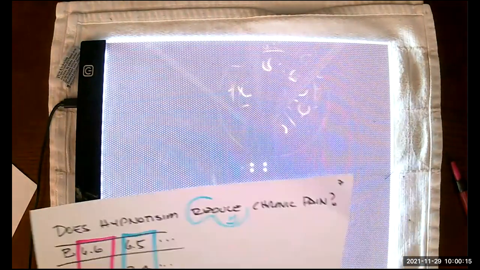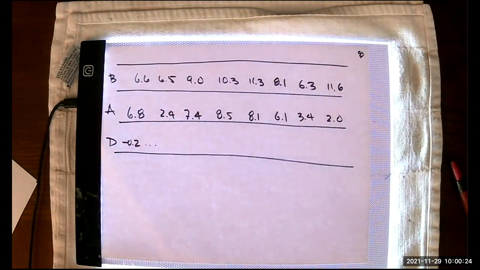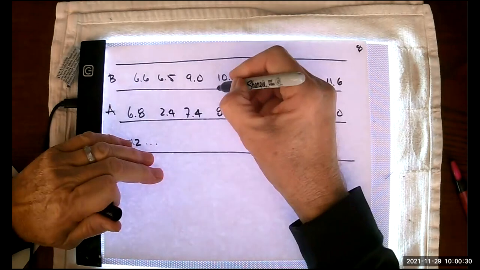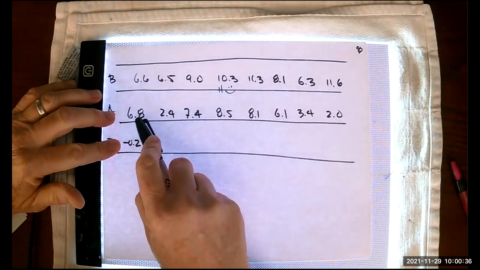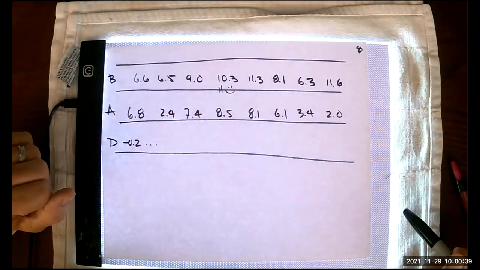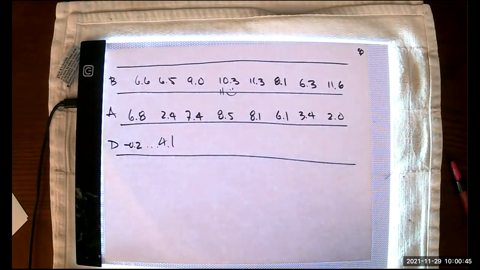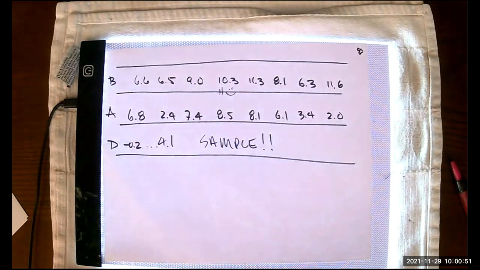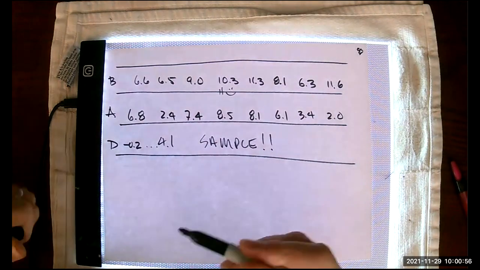So here's my data set. I showed you the first two values. Let me show you the second two values. So there's my before pain levels. There was a hypnotism treatment somewhere in the middle here. Then the pain levels were measured again. You can see some went up, but a lot of them also went down. So what we need to do is we need to figure out the table of differences here. And this is actually our sample that we are interested in. I'm not going to put that in there. I'm going to let my calculator work on that, but we are going to test the claim